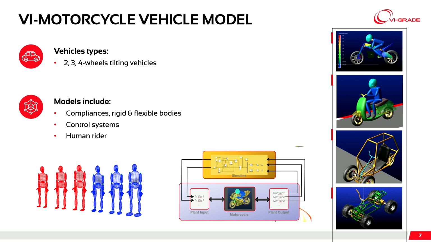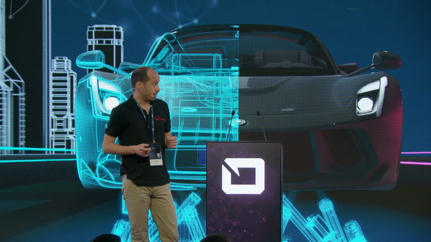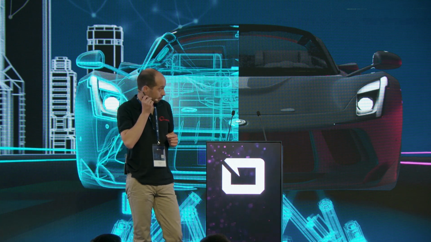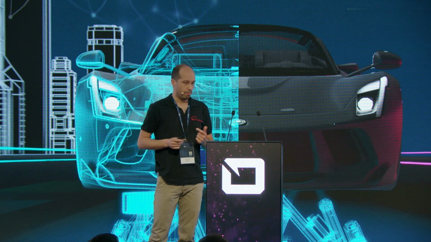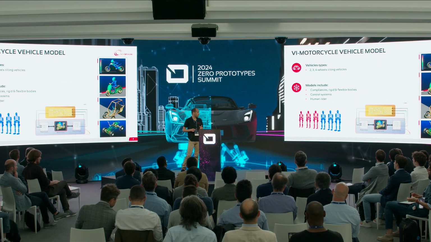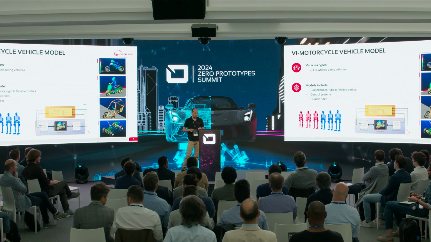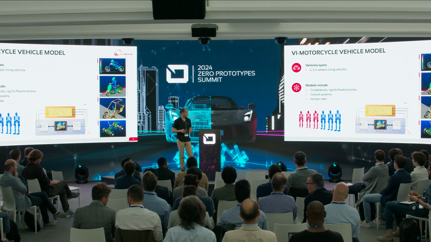You might have either a simple model composed by all rigid bodies up to a very complex model with a lot of flexible bodies or external control system. Of course, it increases the complexity and the time it takes to simulate. To simulate, unless you have an external rider, you need to have a rider simulator, and VI-Grade provides an internal algorithm called VI-Rider that is able